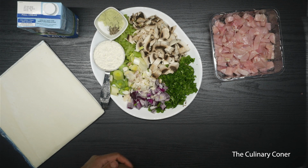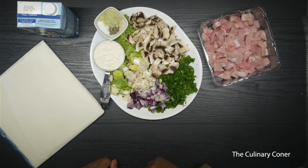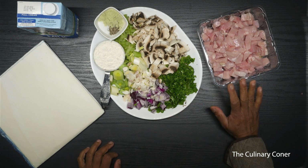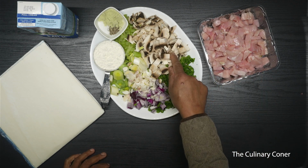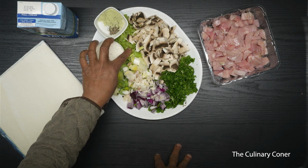Chicken and mushroom goes really well together, and I'm going to show you how to do a chicken and mushroom pie. For this recipe, I'm using 500 grams chicken breast diced and diced mushrooms, about 250 grams, two stalks celery